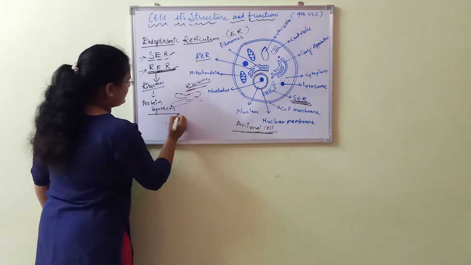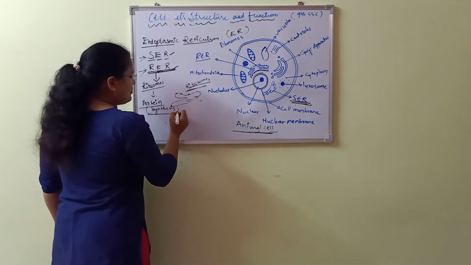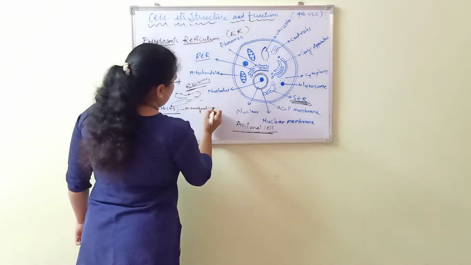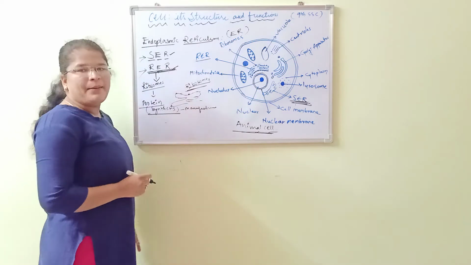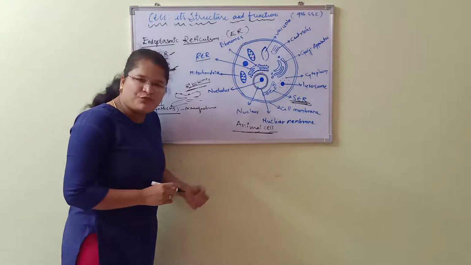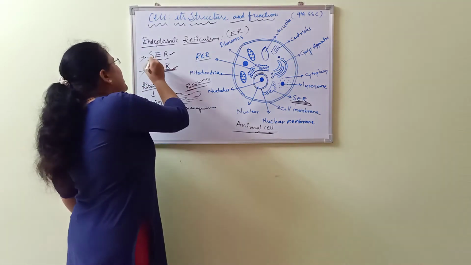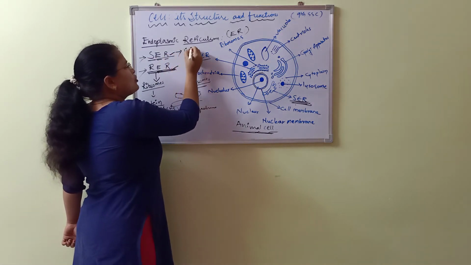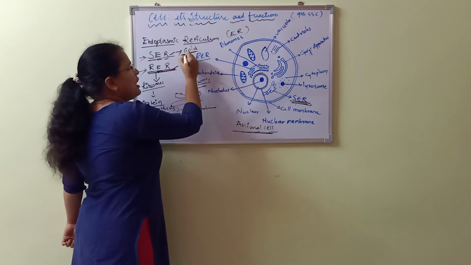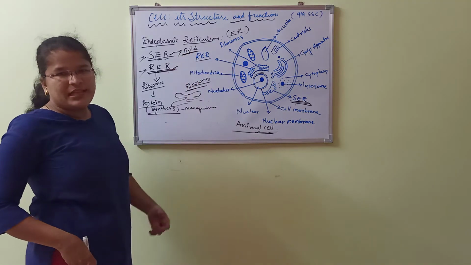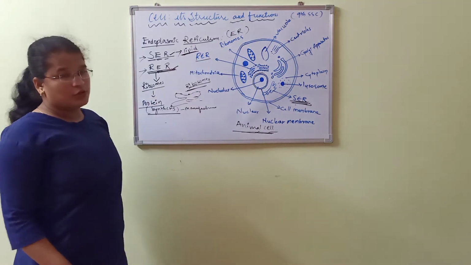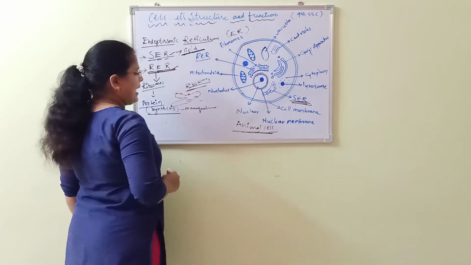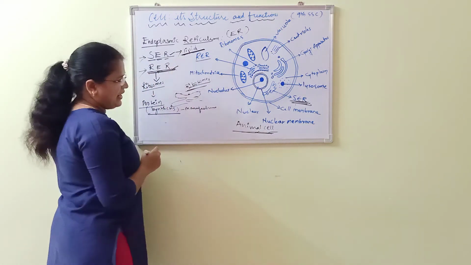Protein synthesis. Here, the term synthesis is used for manufacture. Manufacturing is happening here; proteins got manufactured. And here in the SER, we will see lipid manufacture. You know that lipid is the smallest component of fat. It's like a fat globule. Fat globules are also known as lipids. See here, the lipid synthesis is happening. Synthesis is nothing but manufacture.